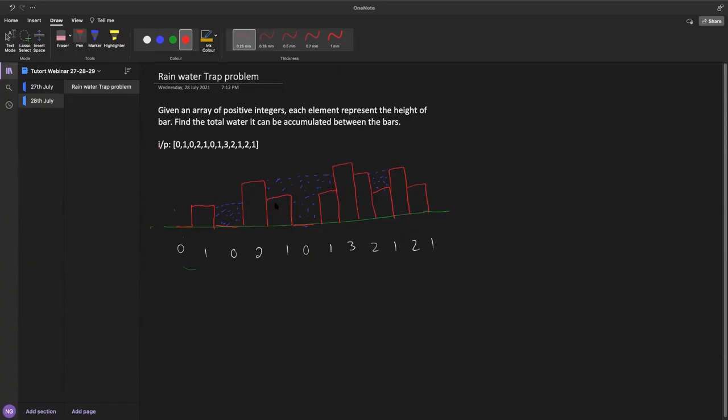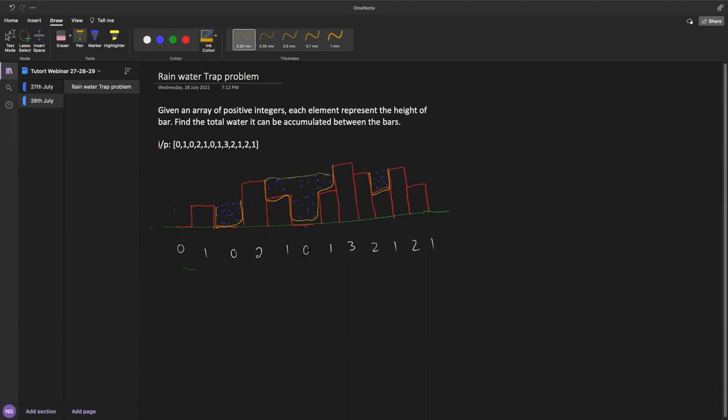Now let's see how the water accumulated is calculated here. One thing is very clear: these shapes are very irregular. They are not even; sometimes they can be a rectangle, they can be a square, but here it is something very irregular in nature.